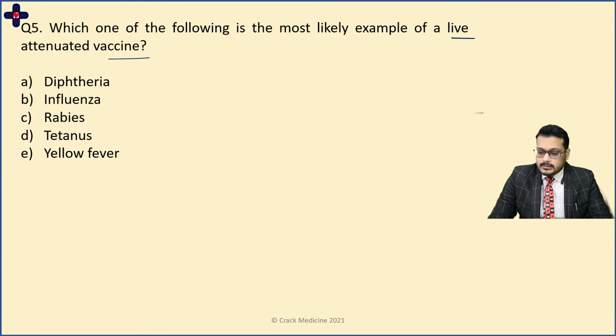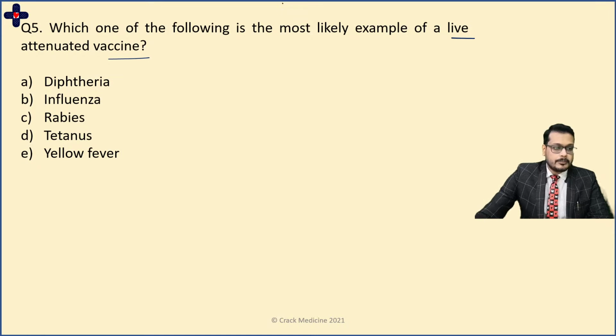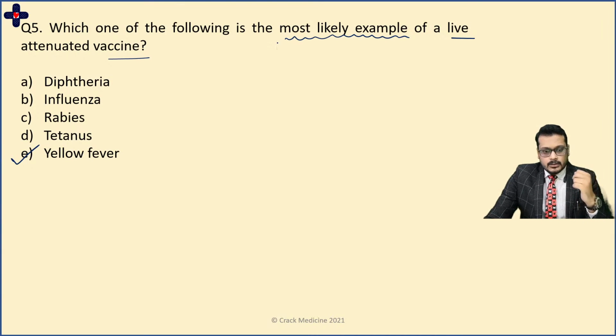Okay, so Karthik, Renu, Tinu, Satyam, Pavan, and Hiren, all of you are right. And Rabia, if you are talking about bee influenza, yellow fever is the right answer. Yes, there can be other types of vaccine, but in this particular question, yellow fever is the one which will remove your confusion. Sometimes the answer can be ambiguous, so you have to go with the most common, most likely example.